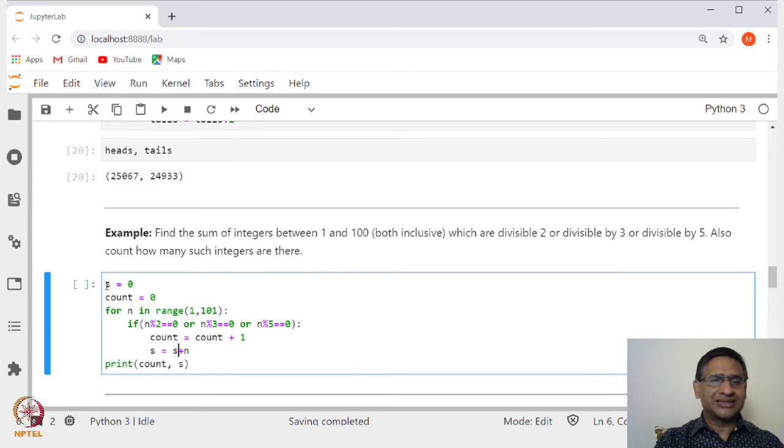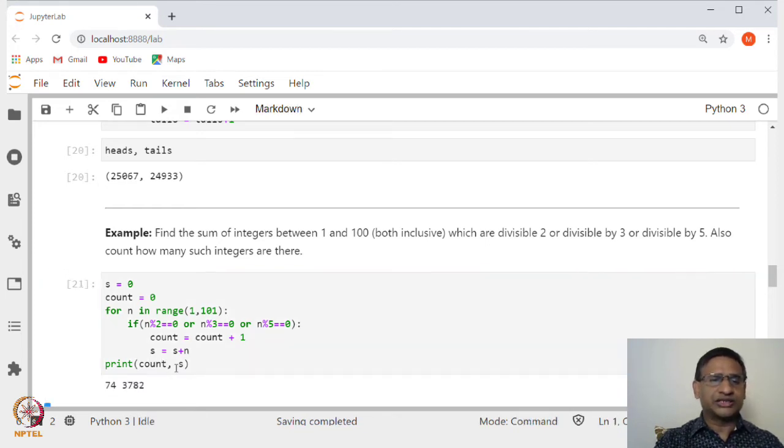The initial value of s is 0, the initial value of count is also 0, and then let us print how many such integers are there and the sum of all these. So, there are 74 such integers which are divisible by 2, 3 or 5 between 1 and 100, and the sum of those integers is